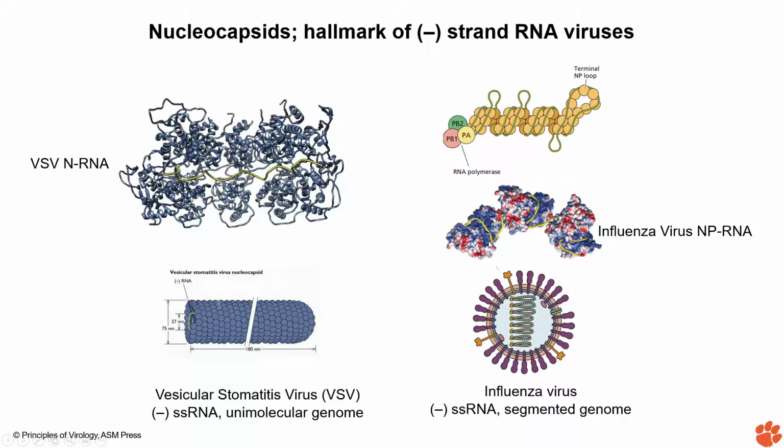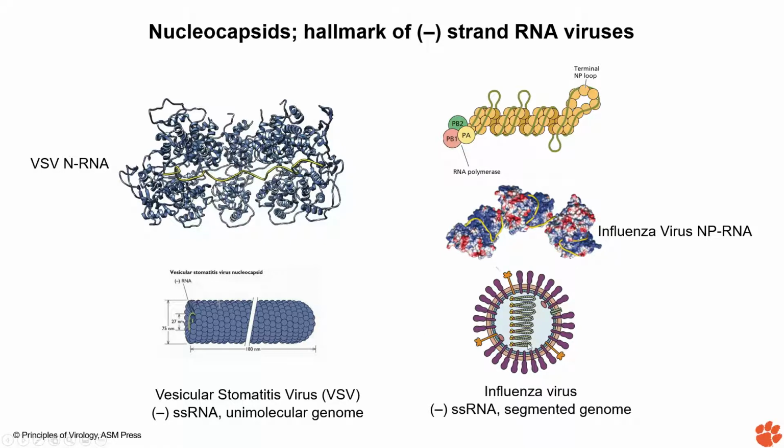The blue part are the positively charged amino acid. And as the phosphates are negatively charged, nucleic acids are called acids because they are all negatively charged due to the phosphates and the phosphate backbones, and they actually wrap around those areas. So here you can see that how it is. And the PA, PB1, PB2, these are the three subunits of the RNA polymerase that we are going to see.